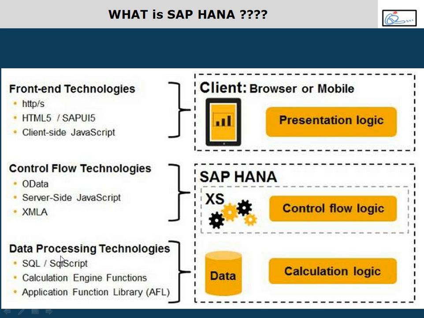Next, let's get into the database first. With the new application framework, the database has to do two things. You remember in the old application, the database was used only to store data, and all the processing was done with the application server. But now, in order to reduce the time taken for the movement of data in and out of the database, we are trying to push code to the database. Means we are trying to push data intensive logic deep into the HANA database.